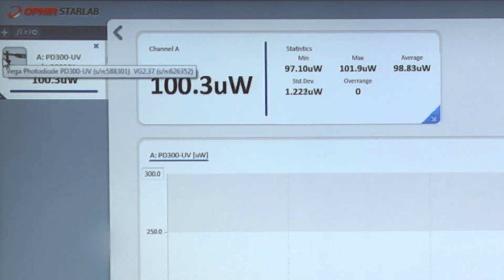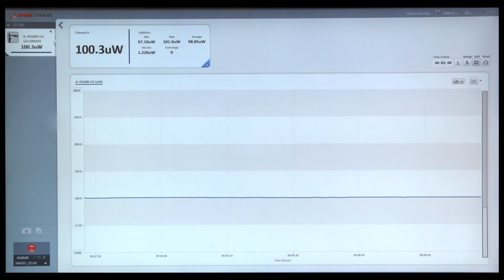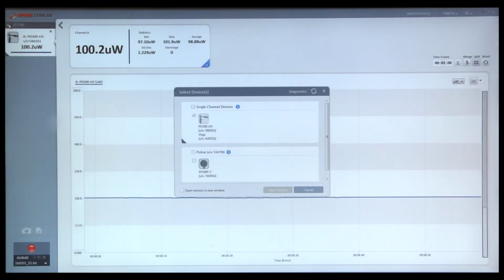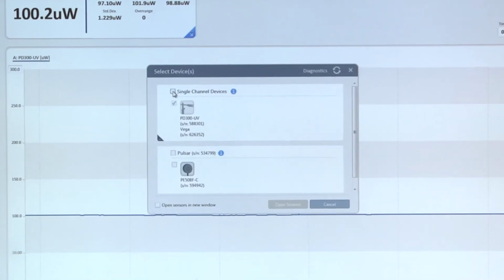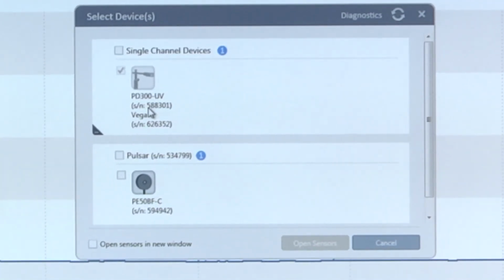We can now add another channel either by clicking on that Select Devices icon or by going to the Select Devices top menu. Because it's so intuitive and pretty clear what the intent of this icon is, we'll do it from here. We click on that plus, and we're taken to the Select Devices dialog window. In addition to the PD300 that's already connected, we will now select the pulsar, which has a pyroelectric sensor connected to it,